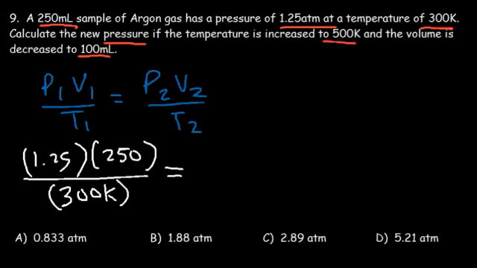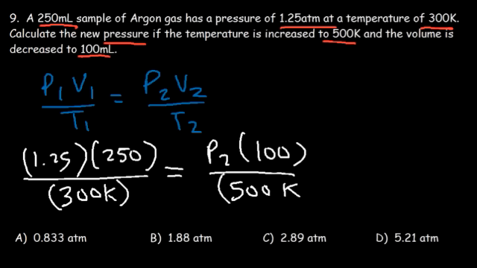So don't do that. P2, the second pressure, we're looking for that. The second volume, that's going to be 100 milliliters. And the second temperature is 500 Kelvin. So what we're going to do is cross multiply. So if we multiply the 1.25, the 250, and the 500, we should get